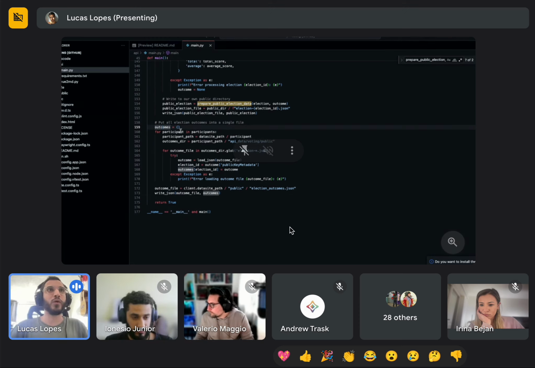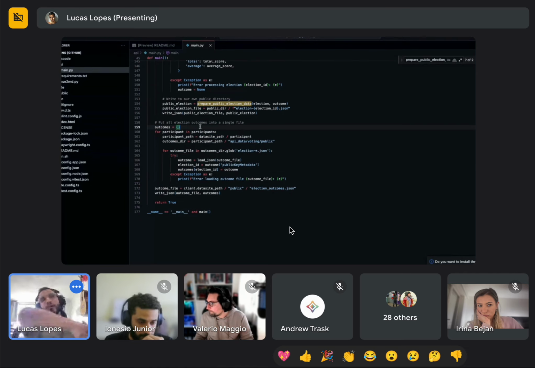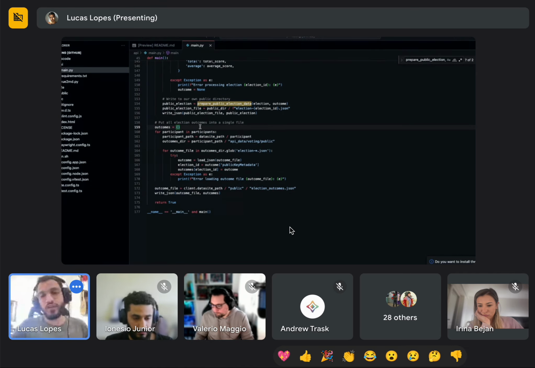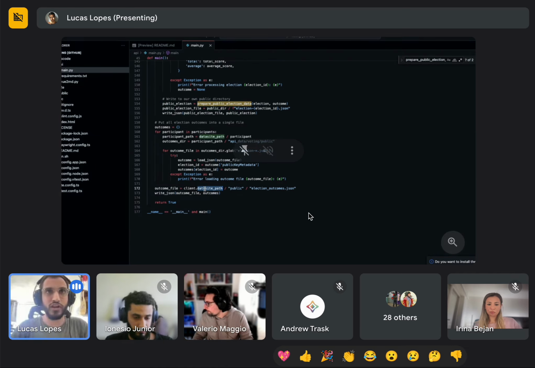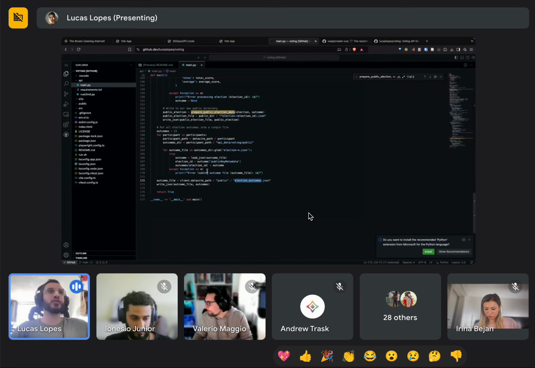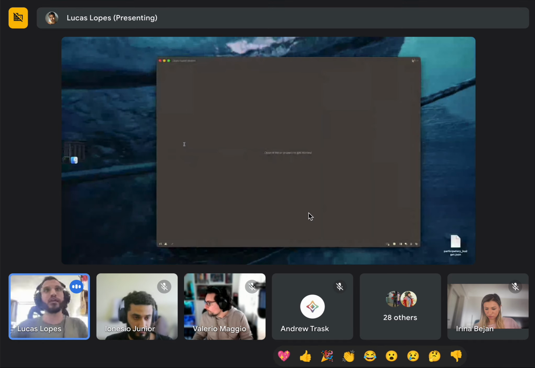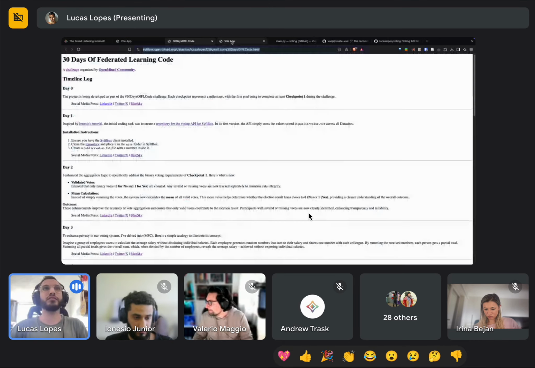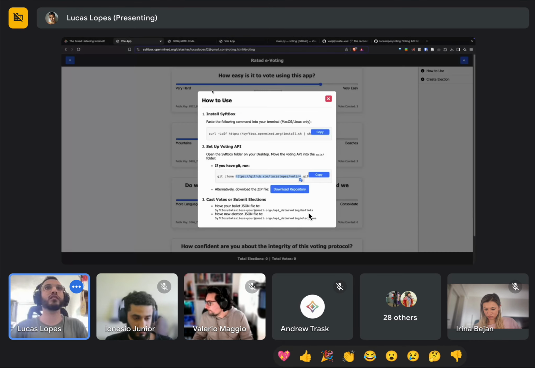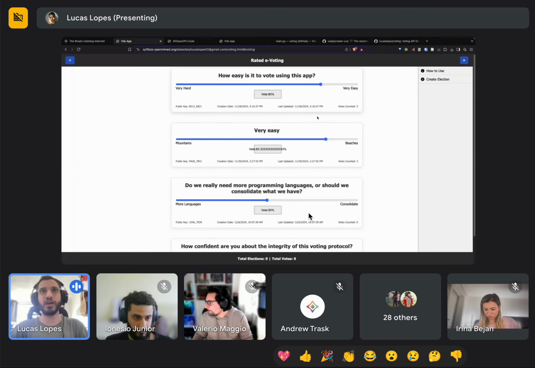And once everything's done, this is an interesting thing because it grabs all the public outcomes of the elections for all participants and puts them in just one single file in your data site public, in elections outcomes. So your clients, your index clients, can read the file itself. Let's see if my election is showing here.